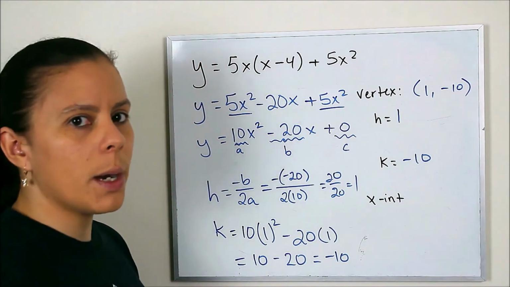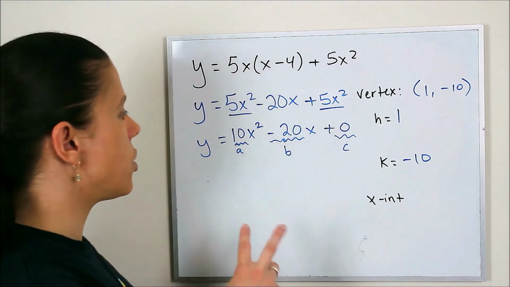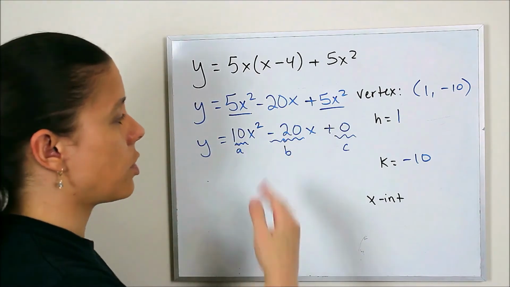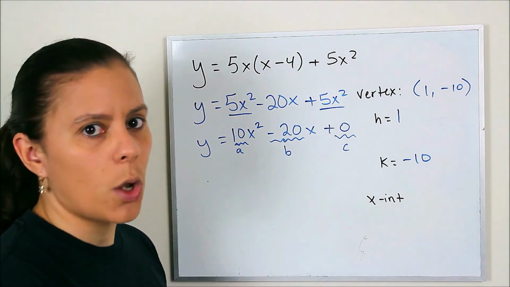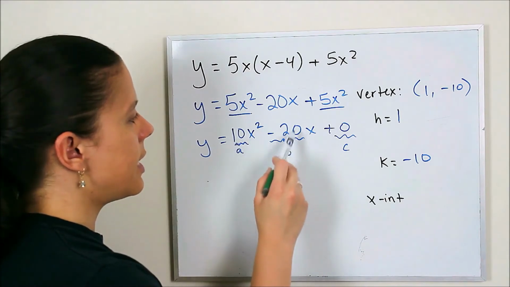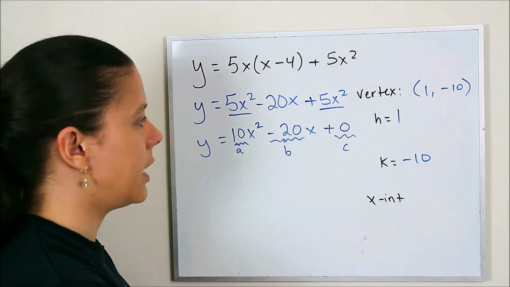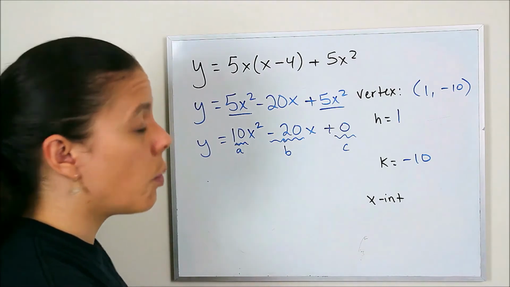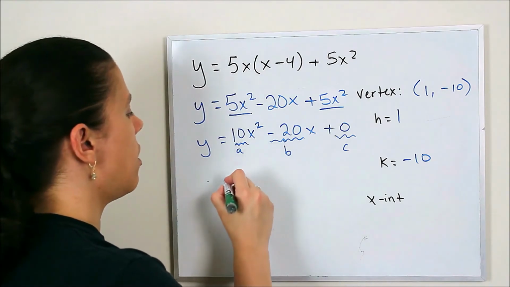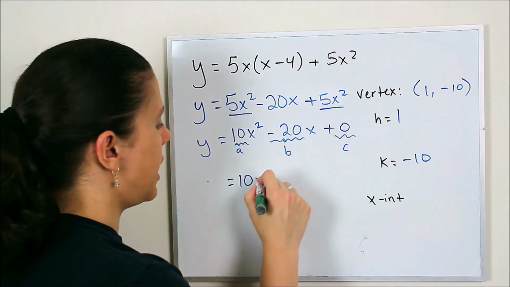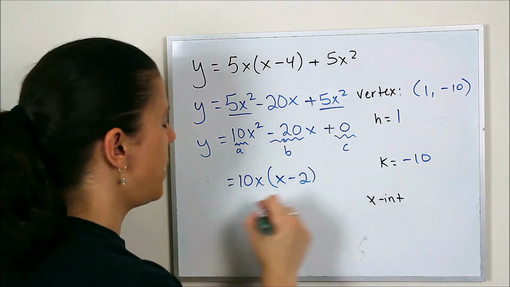All right? Well, what about our x-intercepts? To find the x-intercepts, we're just going to go back to the original equation that we found as the standard form, and we're going to factor it. In this case, the first thing I see is that 10 is a common factor of 10 and 20. It's actually the greatest common factor, and so is x. So I am going to bring the 10x out of that equation. So it's going to be 10x times x minus 2,